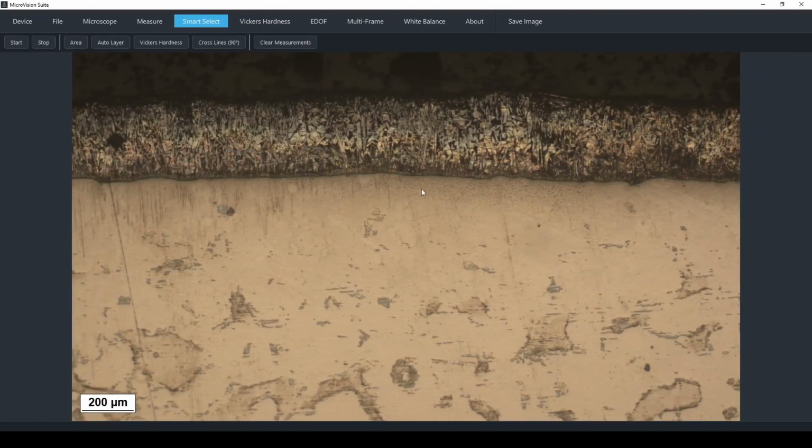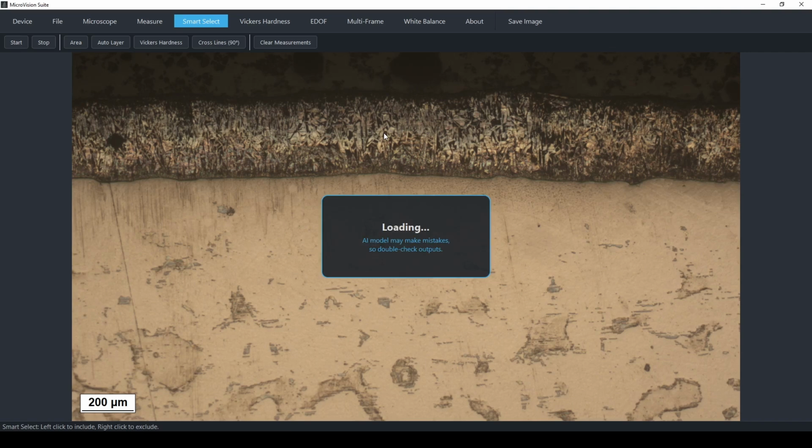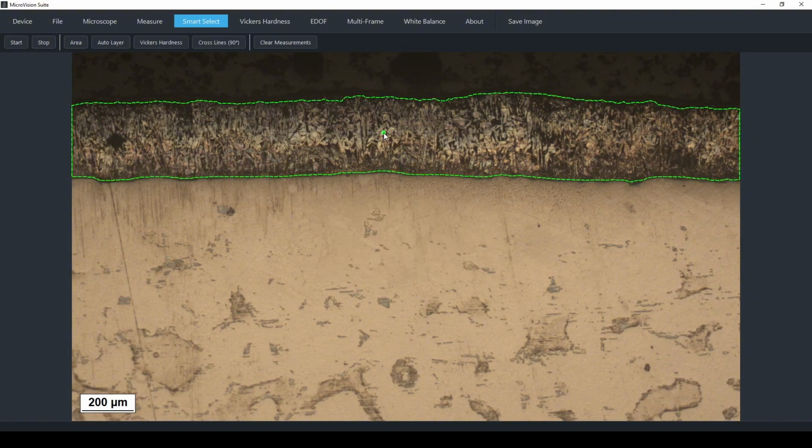For surface engineering, we have the Auto Layer tool. Measuring coating or plating thickness usually requires drawing dozens of lines by hand. Now, you just select the layer and click the tool. A dialog allows you to choose exactly how many measurements you want. The software then intelligently divides the contour into upper and lower boundaries and calculates the shortest distance at multiple points